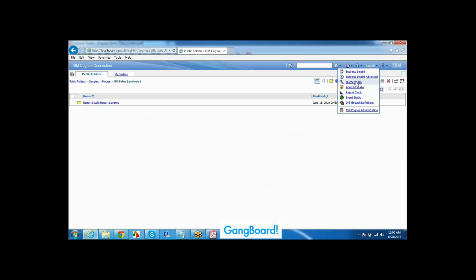Now, when I come to Query Studio, just simple reports we can create. When I come to Reports, a lot of options are available. Complex reports with huge requirements can be achieved only using Report Studio. Moderate requirements can be achieved using Analysis Studio. That is DMR data, which is a separate topic; I will tell you later. So Query Studio is for simple reports, Report Studio for complex and useful reports. Being a developer, you need to learn Framework Manager and Report Studio, which are mandatory. The remaining are optional.